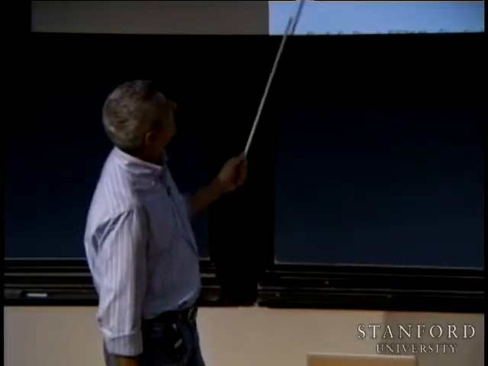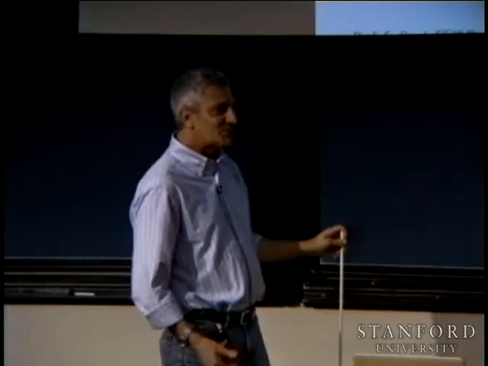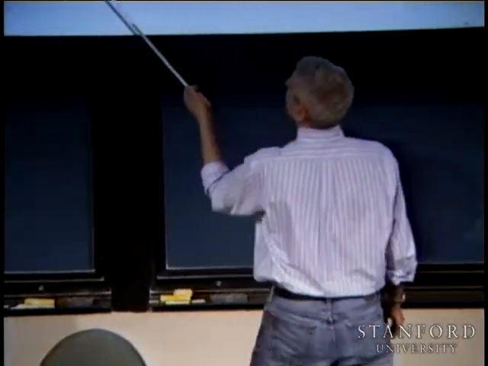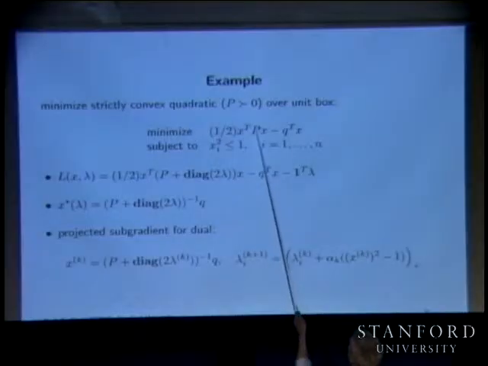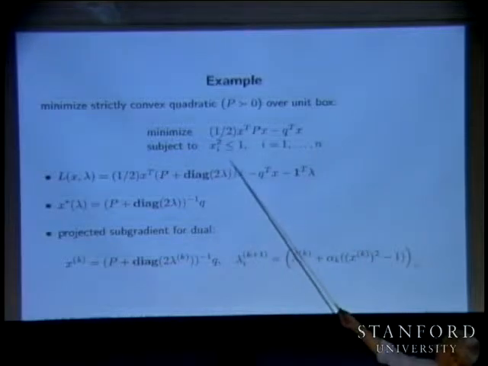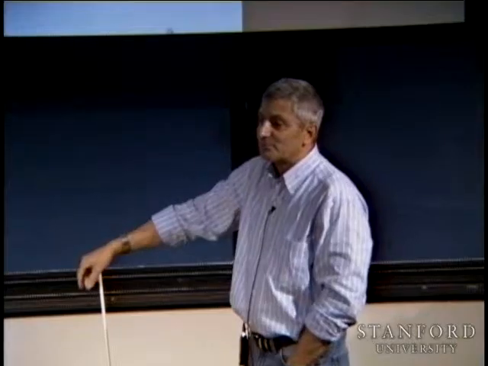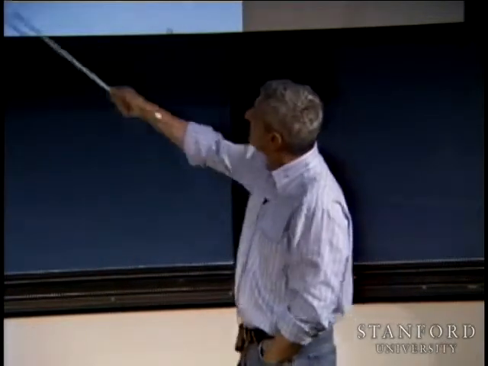So how would a person handle that if you hadn't taken 364? Well, it'd be 263. You'd look at it and you'd say, well, I know how to minimize that. That's no problem. That's that, but without the lambda there. That's p inverse q. Something like that. And then you'd look at it and you go, yeah, but I mean, this is a problem. And so here's how a human being would do it. They calculate p inverse q. That's x. If that x is inside the unit box, they'd have the sense to say, I'm done. Okay? Otherwise, they'd say,